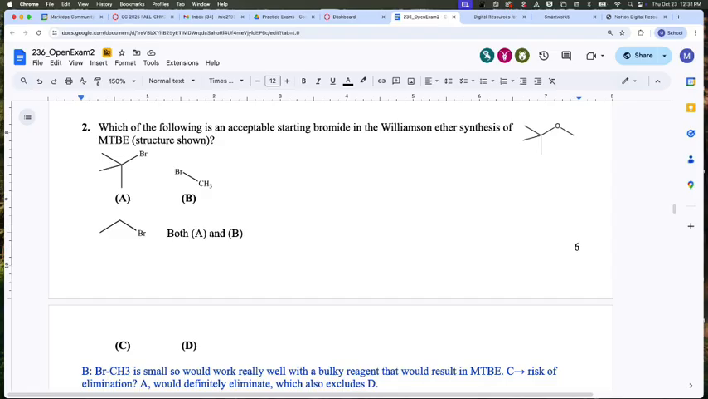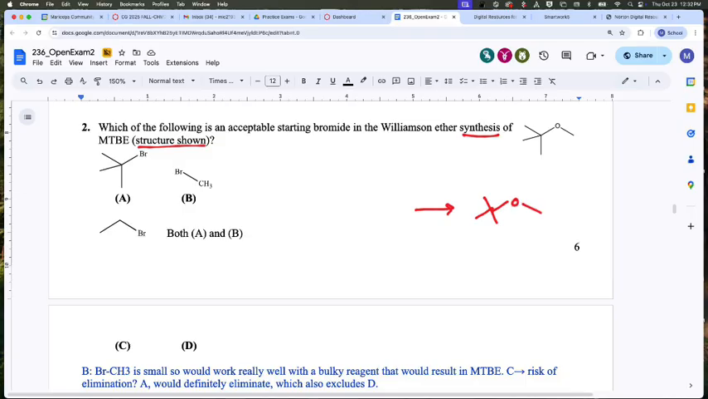What even is this question asking? Okay, so we can double back a little bit differently. It's kind of a word question. Which of the following is an acceptable starting bromide in the ether synthesis of MTBE? So you might be like, I don't know any of these words. Well, you should know some of these words. It says synthesis of the structure shown, which means reaction arrow,